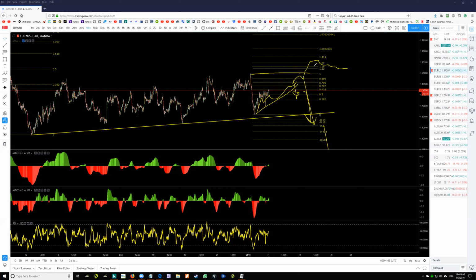Then you could do this, or you could do this, right? Then from here you have to figure out what's going on. You could do this, then this means upside. Otherwise, there are so many things you could react to here, consolidate, then it drops again. So we just have to take it one step at a time, one piece at a time. So as of right now, if I'm looking at this,